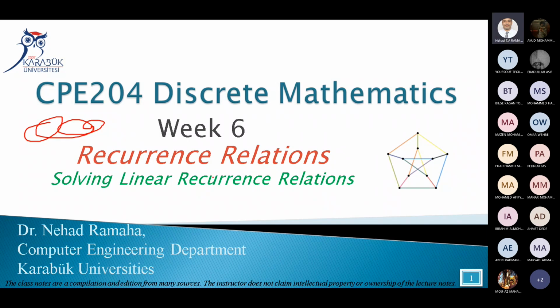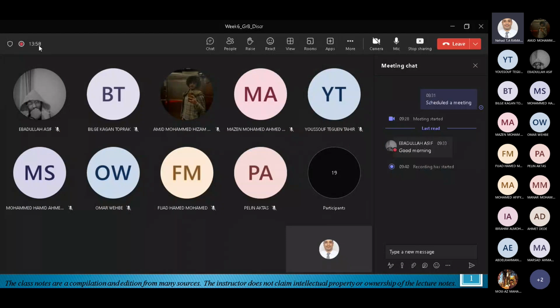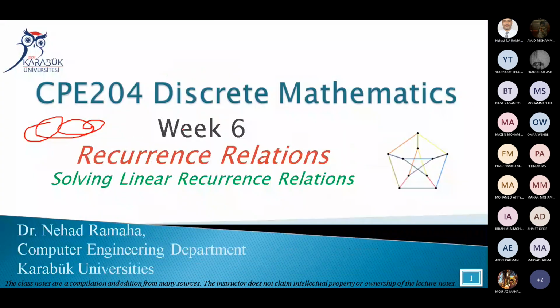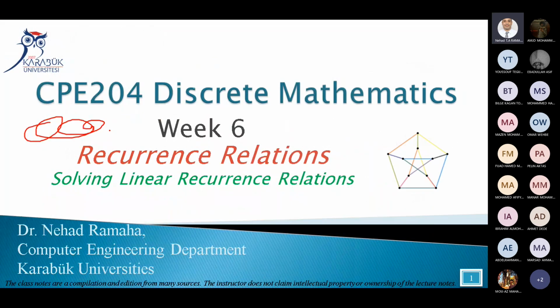I think you took recursive functions in programming. Let me just make sure that we started the recording. Okay, so our subject in this lecture is recurrence relations and solving one type of recurrence relation, which is solving